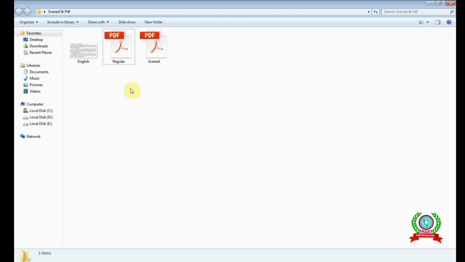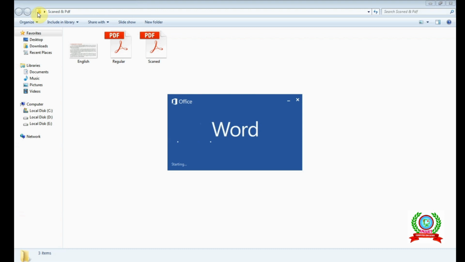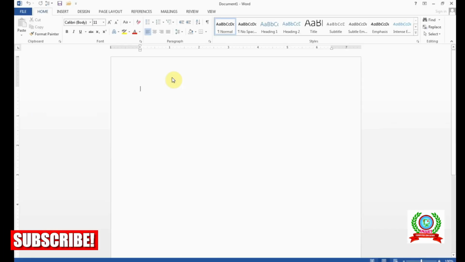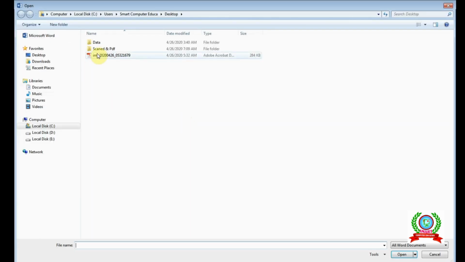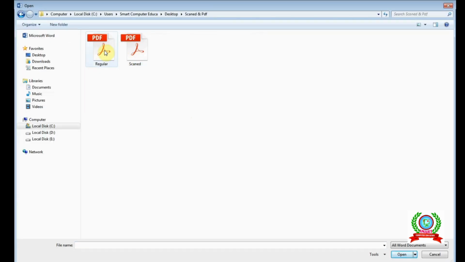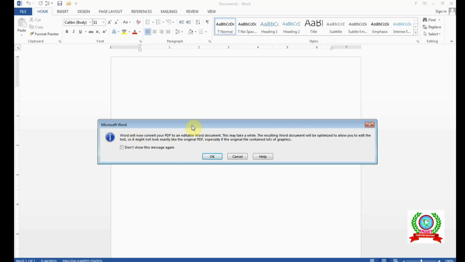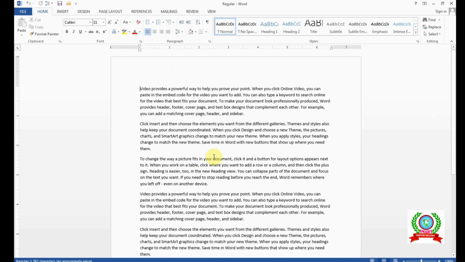First we will see how to convert a regular PDF file by using Word. For that we will open a Word file. After opening, we will open that file where it is located. Now we have to convert the regular file into a normal Microsoft Word file. So we will just select that file and click on open. Now a dialog box will come, we just have to click on OK. Like this, we have converted that PDF file into a Word file,